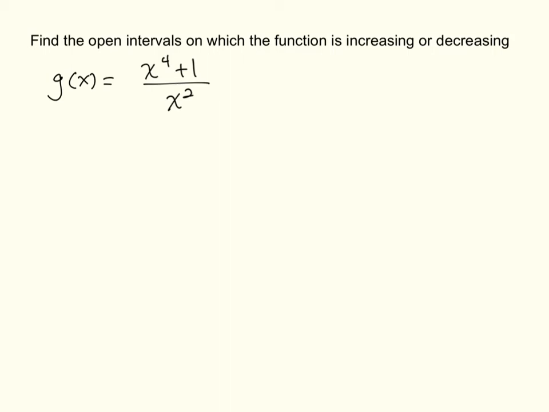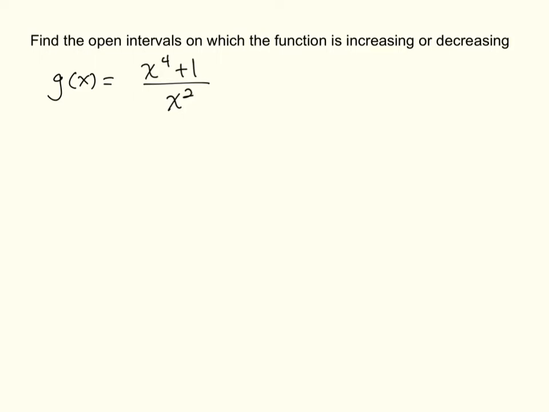Find the open intervals on which the function is increasing or decreasing. The function is g of x equals the quantity x to the fourth plus 1 all over x squared. In order to find the derivative, so we can find the critical values that will help us find the intervals,